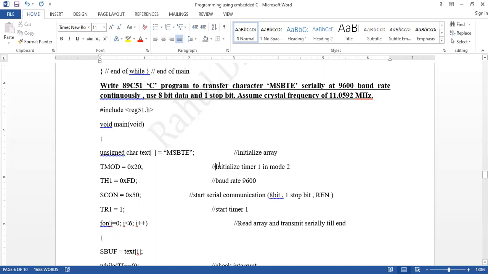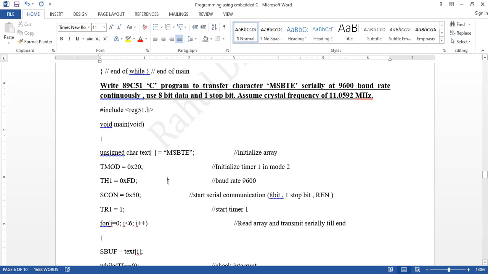Here we have selected timer 1 in mode 2. That's why TMOD is loaded with 0x20, to select the timer and mode. Why is mode 2 selected? Because in the program it is given that use 8-bit data and one stop bit.